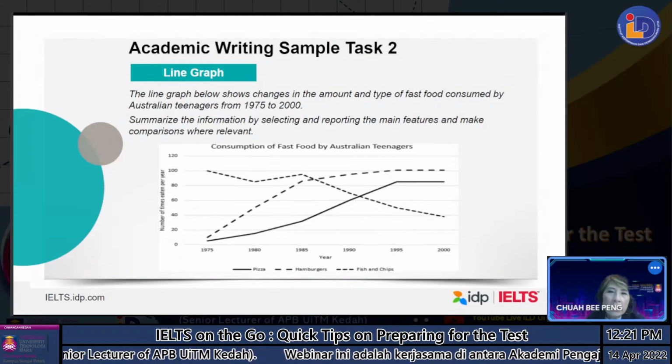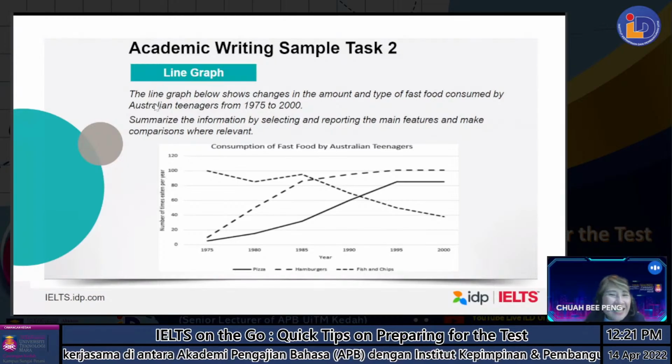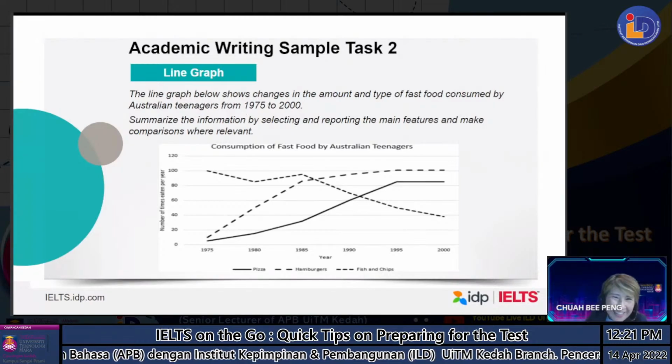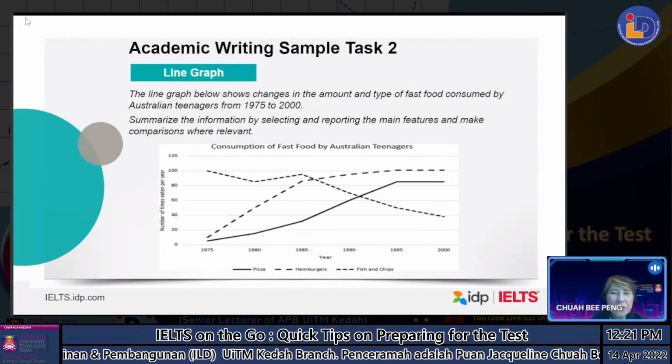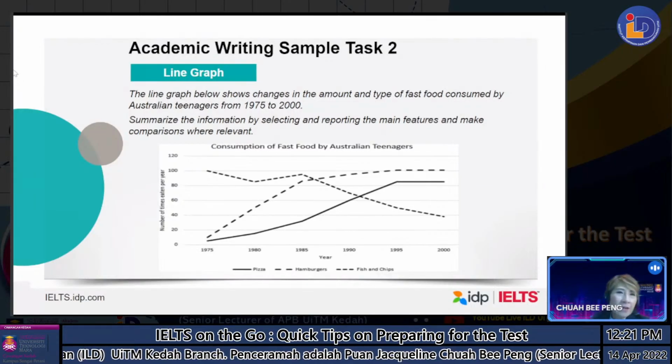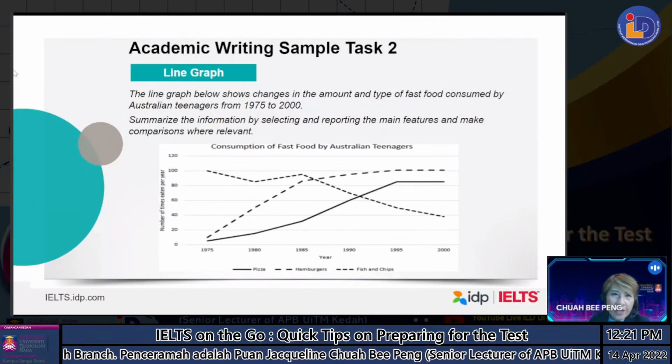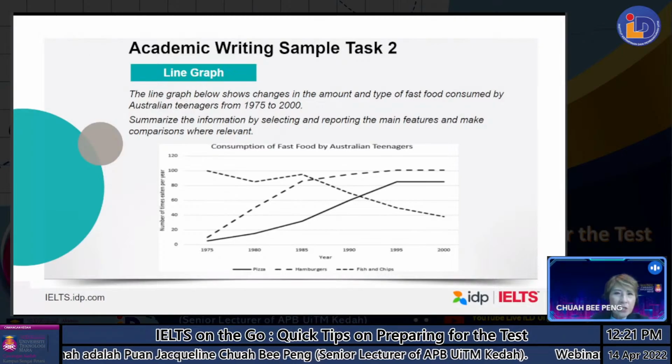And the introduction is more than that. Usually I ask my candidates to just paraphrase this. That's the easiest way. Paraphrase this. Don't waste time thinking of things like 'nowadays in this globalized era' and all this. No need to write long. Very short. So something like that.